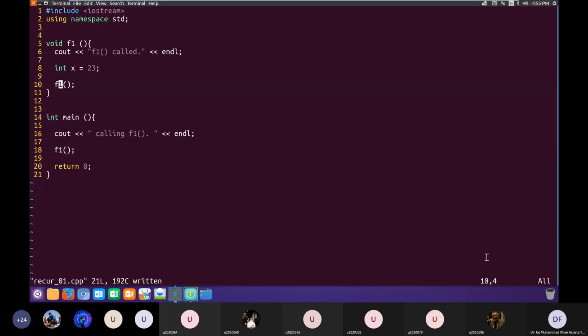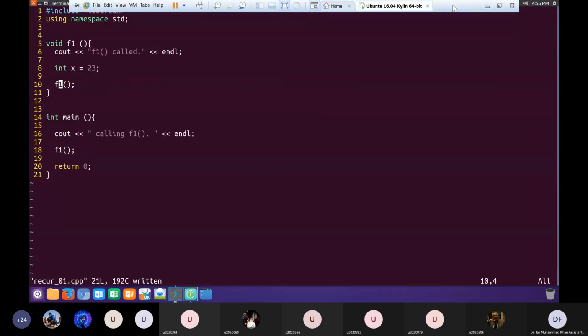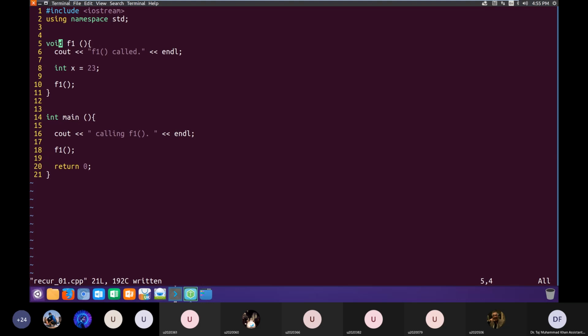So we'll see how we can control this recursion and use this tool of recursion to do some useful computation. Let us see how we can do some useful computation using recursion. So we'll take this example of, let's take this factorial, as Asher has mentioned. Let us take this example and see how we can use recursion to solve such problems.